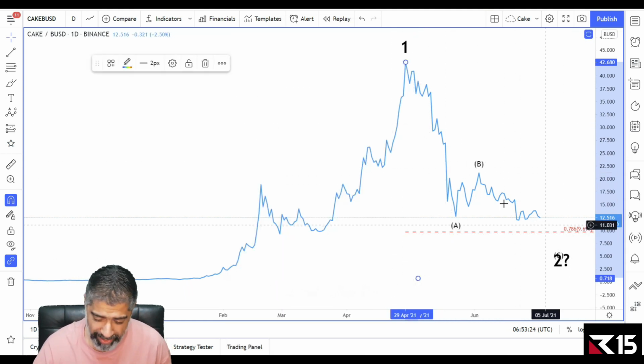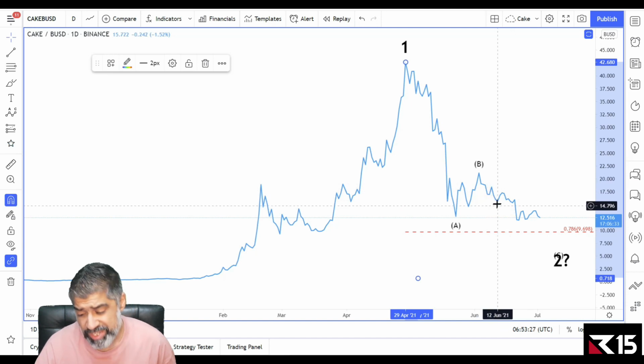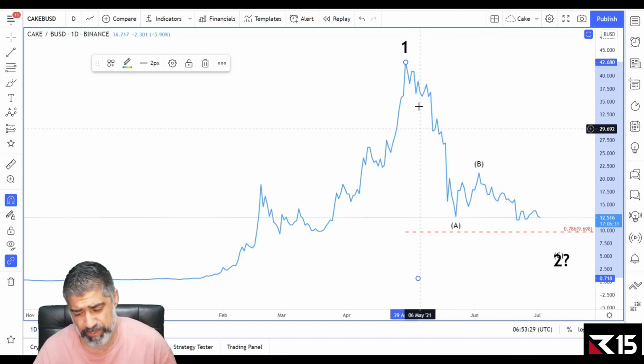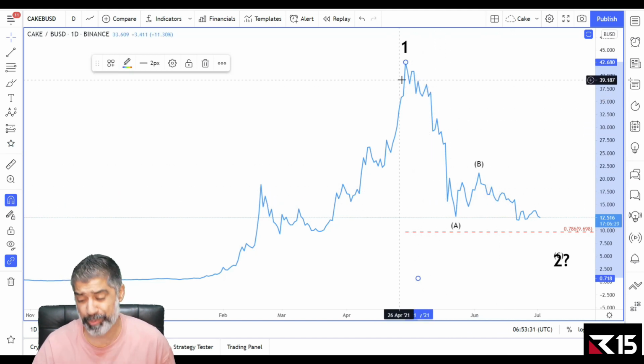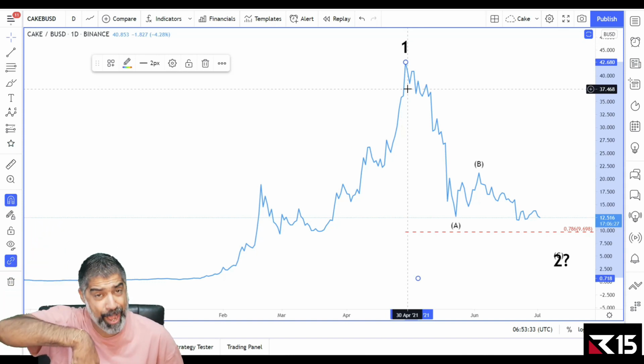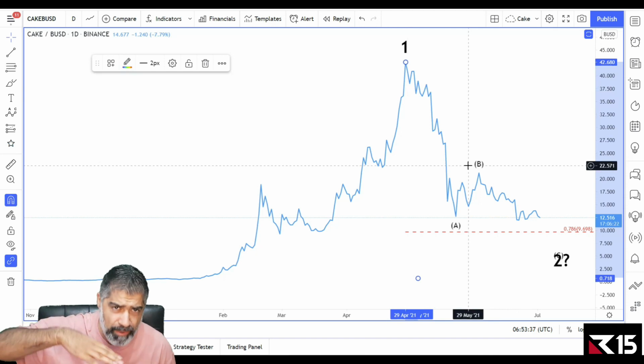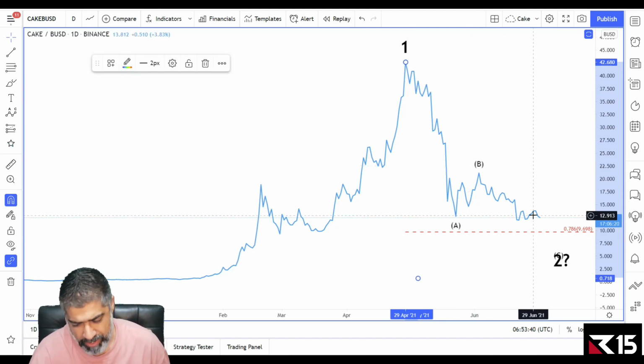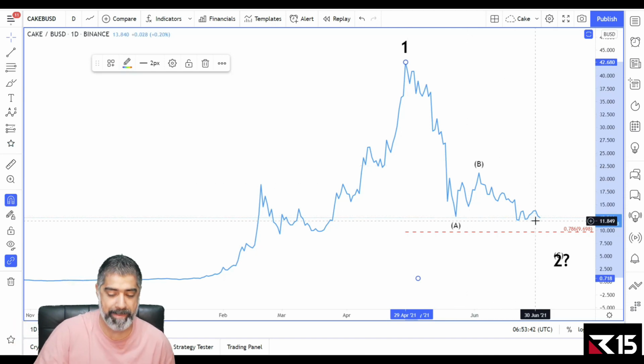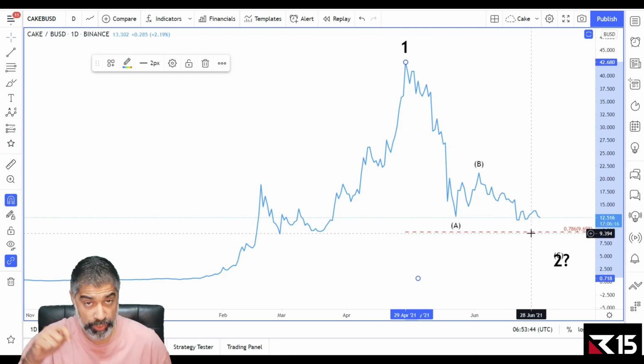Then wave C, right? This wave C is actually showing strength. You can see it's not as steep as this wave A. Wave A was almost like a cliff, like jumping off a cliff. It's almost vertically down, which is never a good sign, right? Here, it's more of a steady, more comfortable part of the correction. So that's saying that there's more optimism coming back into the market. So we may see a good reversal.